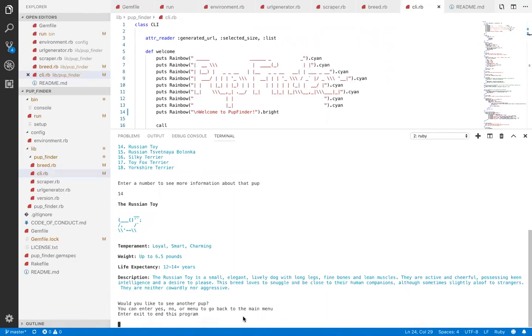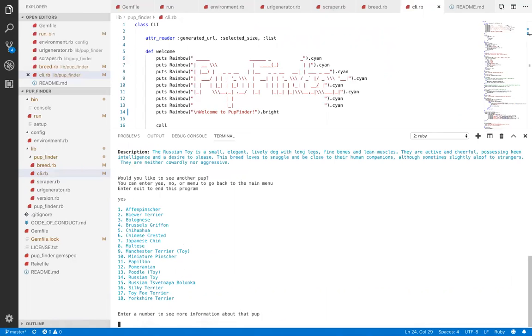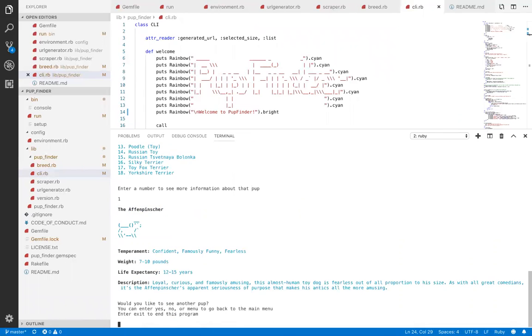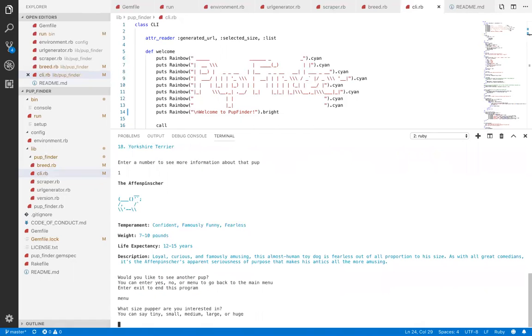Would you like to see another one? You can say yes, no, or menu. If I say yes, we get this list of tiny dogs again. If I press 1, we get the same information for a different breed: the breed name, temperament, weight, life expectancy. And then if I say menu, we go back up and we can enter in again tiny, small, medium, large, or huge. If I say huge,